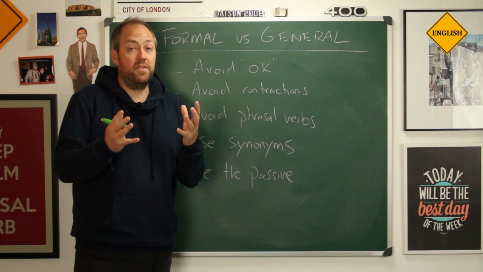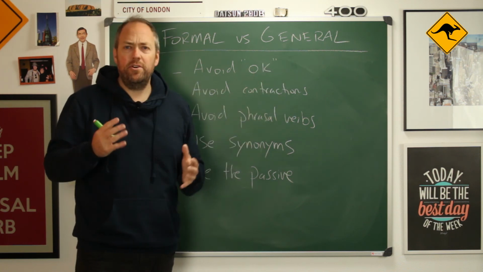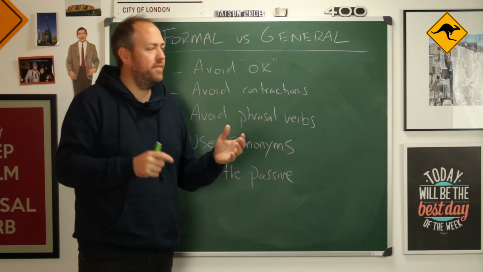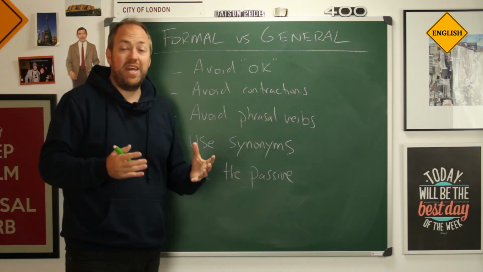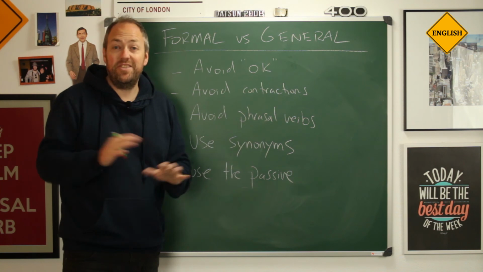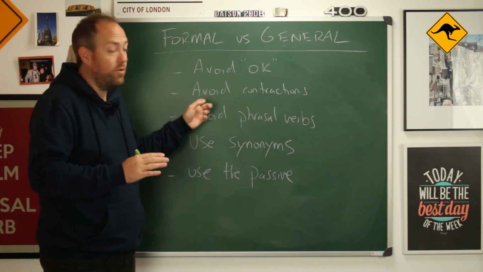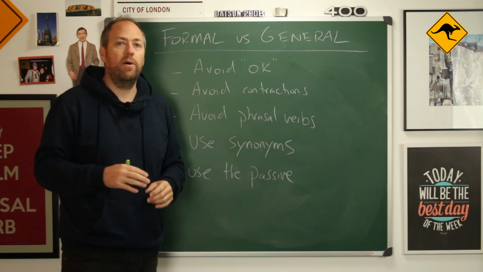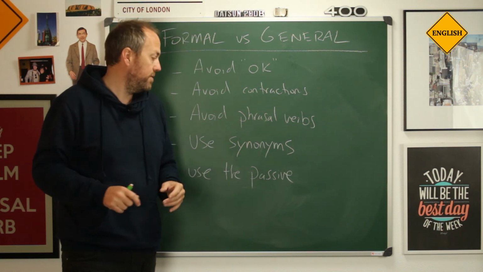Now, we're talking specifically about the academic version of the exam, not the general. So let's have a look at some style differences between general and academic writing. So avoid the use of okay. Most academic papers, in fact most novels, most books, don't contain a single use of okay. So avoid okay. Also, as I said before, avoid contractions. Okay? Use I am or they are instead of they're and I'm. Okay? It sounds more formal.